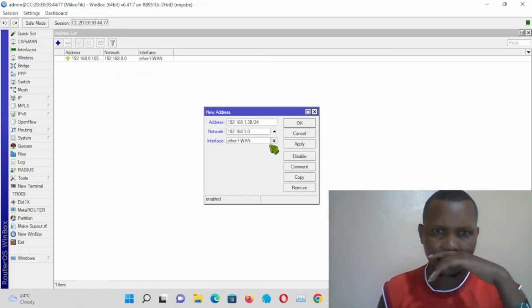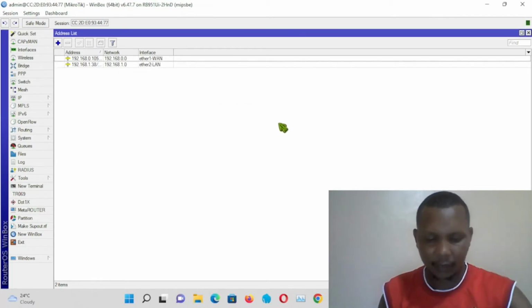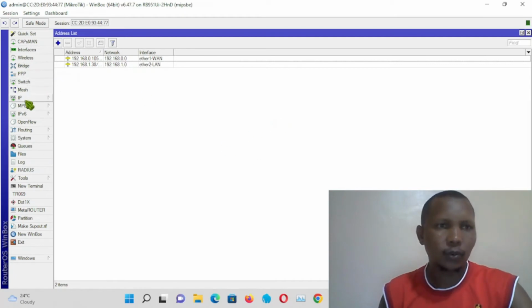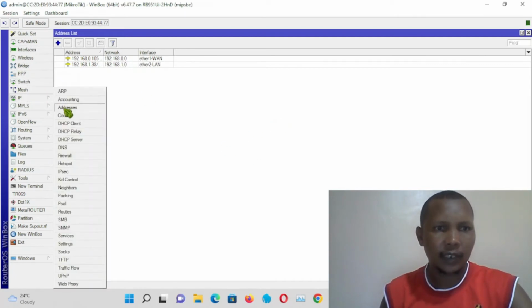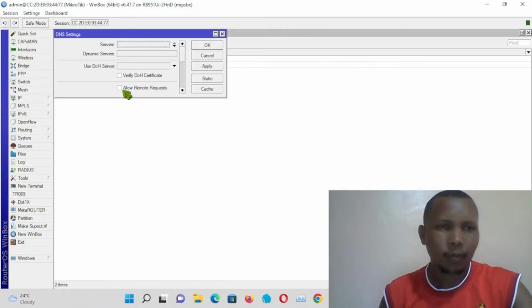Here we are using LAN here. Then interface. The interface here is LAN, like that, and then apply. OK. We are done with that part. Let's go to DNS. We have to configure DNS. DNS configuration. Say click OK, and